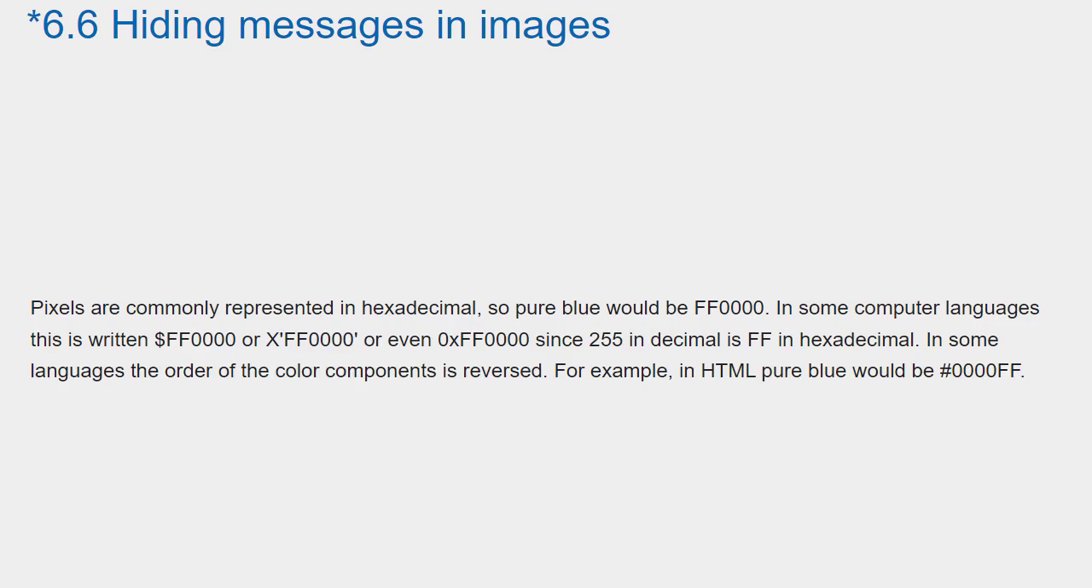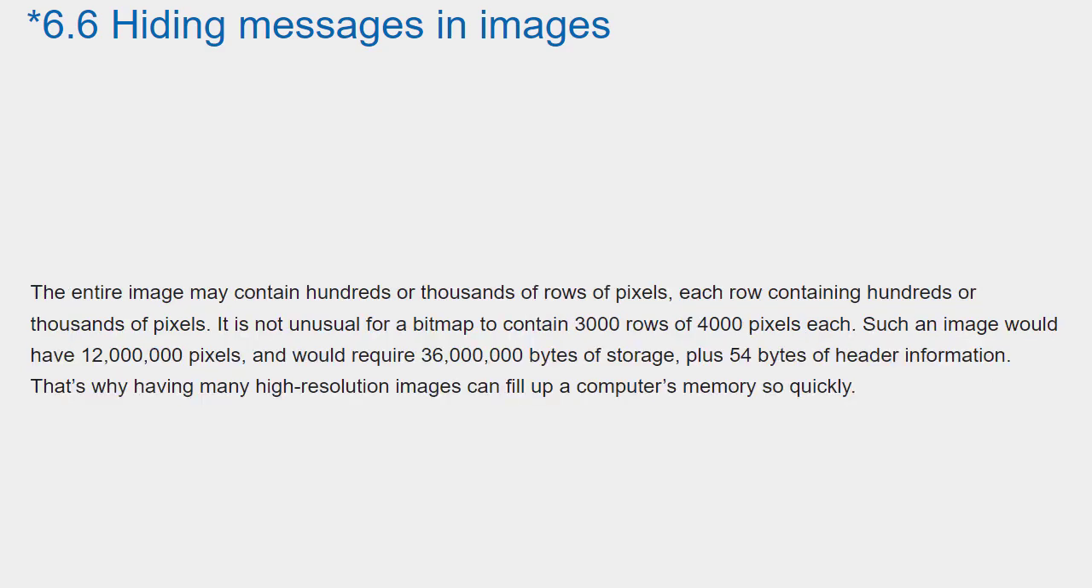$FF0000 or $FF0000', or even 0xFF0000, since 255 in decimal is FF in hexadecimal. In some languages, the order of the color components is reversed. For example, in HTML, pure blue would be #0000FF. The entire image may contain hundreds or thousands of rows of pixels, each row containing hundreds or thousands of